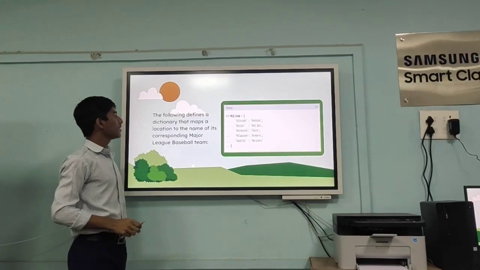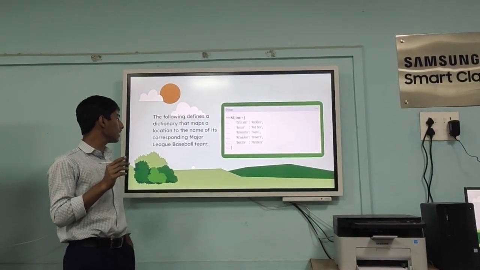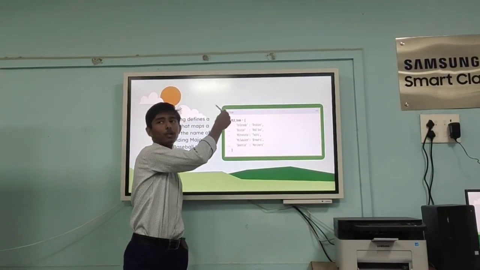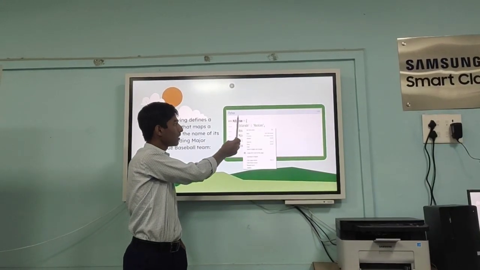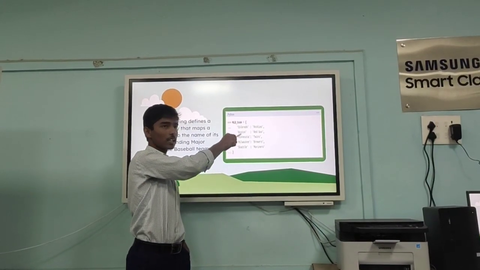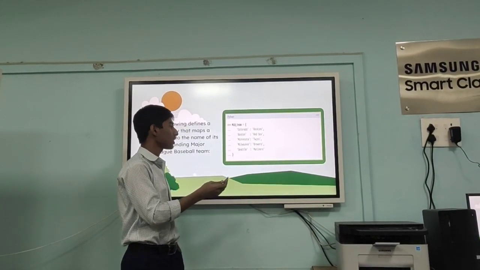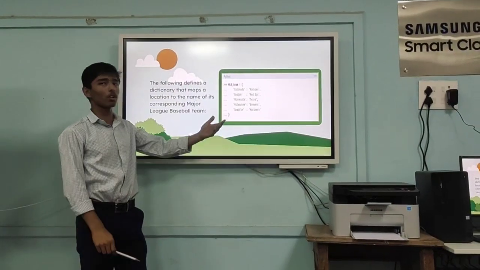The following defines a dictionary that maps a location to the name of its corresponding major league baseball team. This is an example of a dictionary which we have defined here. This is the name of a city which we have used as a key, and this is the name of a baseball team associated to that city or location in the world. And we have included this in curly braces, which means that we have defined